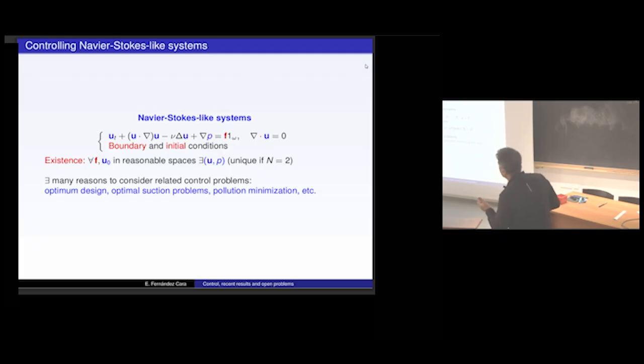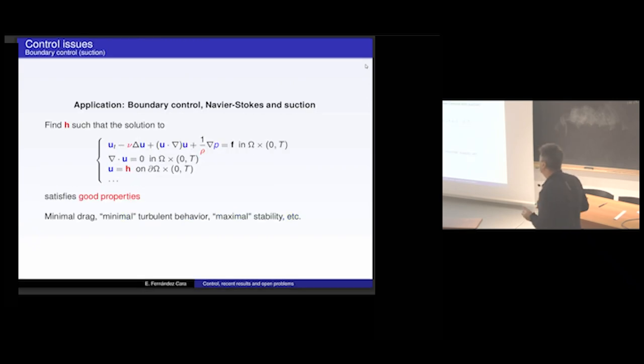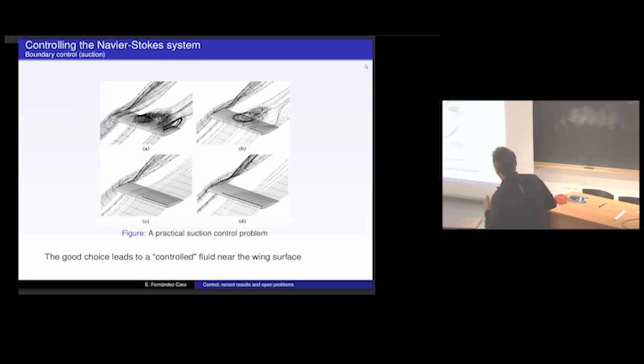There exist many reasons to try to solve control problems for the Navier-Stokes equations because there are many applications. For example, boundary controllability or boundary control in general for the Navier-Stokes equations is related to the minimization of drag or the turbulent behavior of a fluid around an obstacle. Here you have a practical situation when you have, for example, the wing